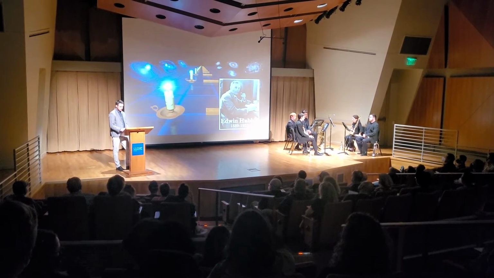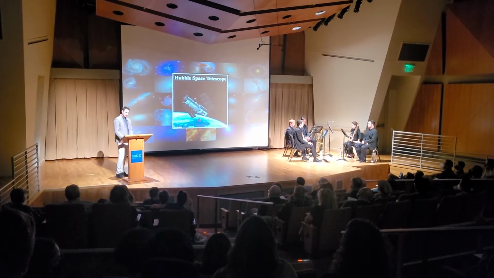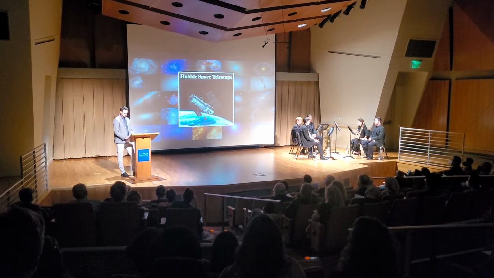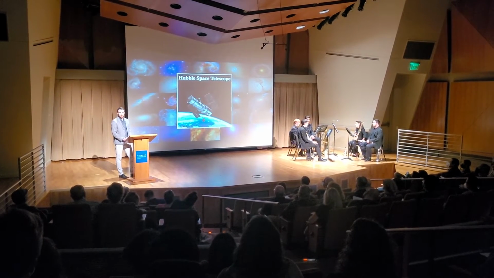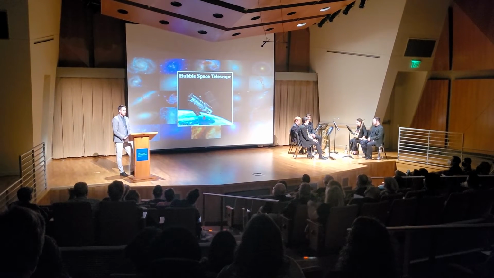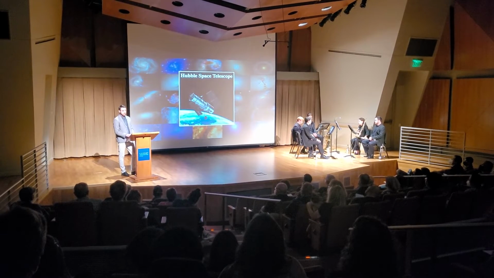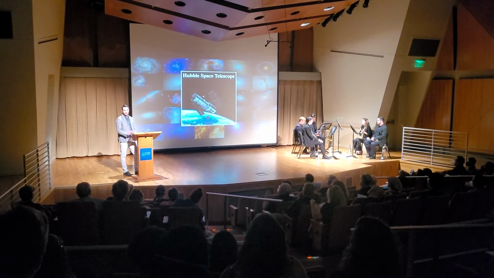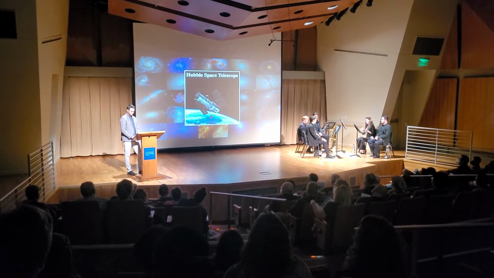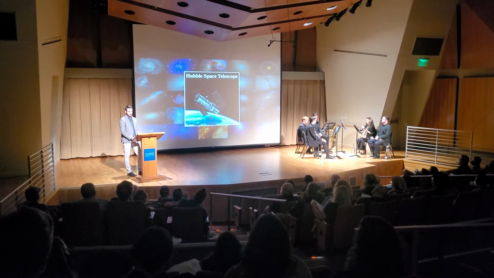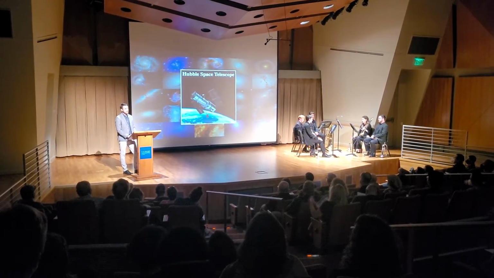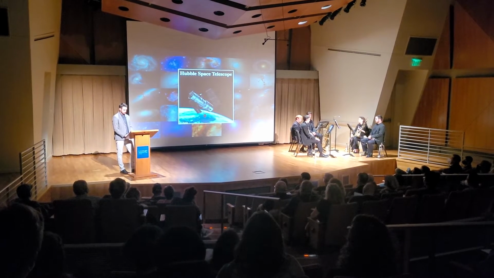Since the time of Leavitt and Hubble, many of these distant galaxies have been discovered mostly by the Hubble Space Telescope, which of course is named after Hubble himself. Now, as I mentioned earlier, the Earth's atmosphere introduces all sorts of problems for telescopes on Earth. So you can put your observatory up on a mountain to eliminate some of the problems, but the way to really eliminate the atmosphere problem is simply to send your telescope out into space. So this is what astronomers did with the Hubble Space Telescope. It was launched into orbit in 1990 and is still in operation and taking data today, over 30 years later.